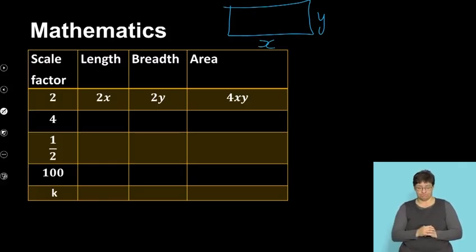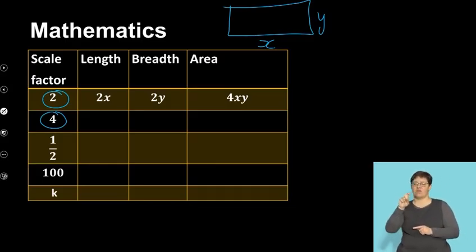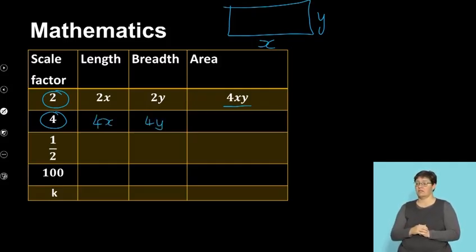If my scale factor is 4, that means I'm going to be multiplying the length by 4 and the breadth by 4. You can see slightly above I've done the scale factor of 2, and I've illustrated that the length and the breadth were each multiplied by 2, which gave me a result of 4xy. But let's see what happens when I multiply by 4. So the length would be 4x, the breadth would be 4y, and the area would be